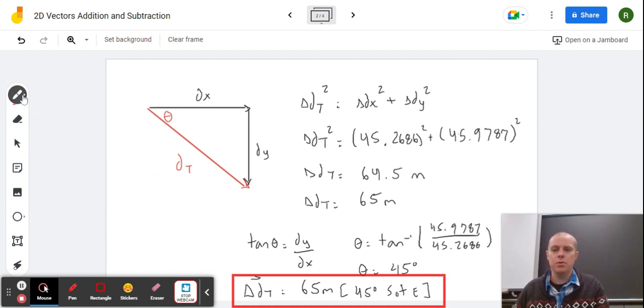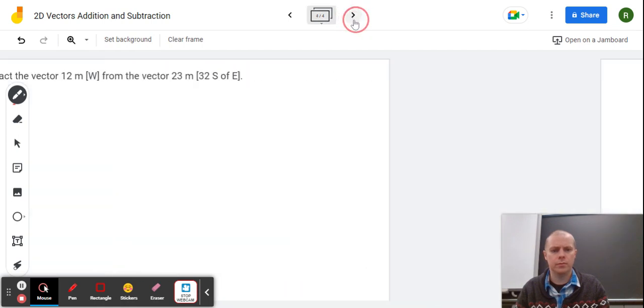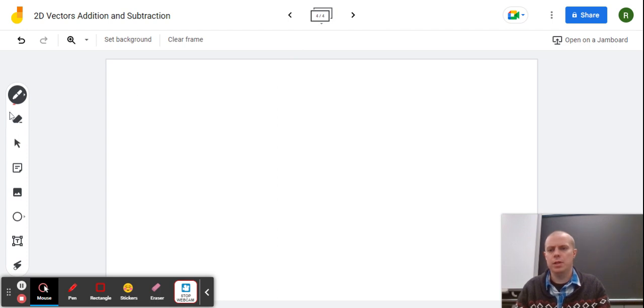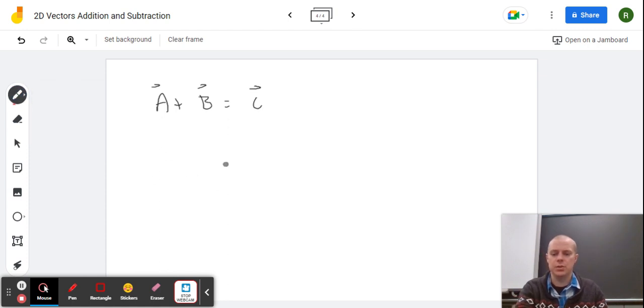Okay. So that is vector addition. And now I'm going to do an example of a vector subtraction. So something to note before we get into it, just some simple notation things here. If you are adding vectors, we know that vector A plus vector B gives us vector C, right? When we add these things,